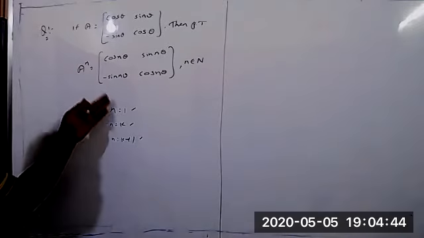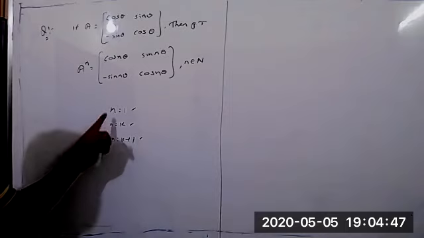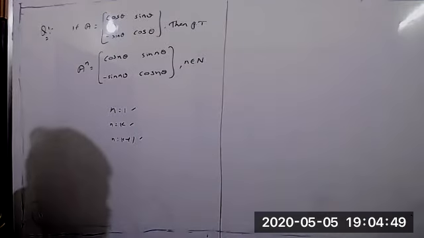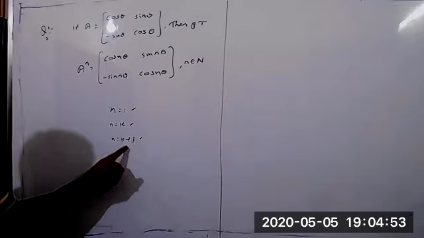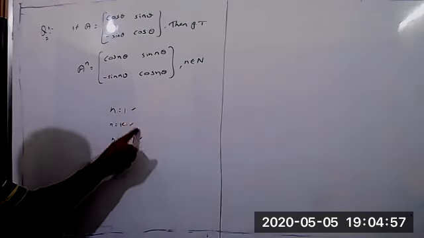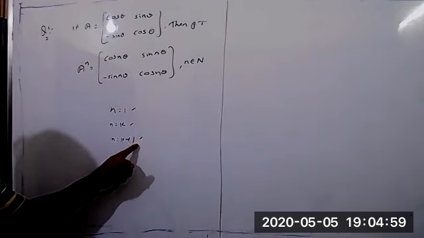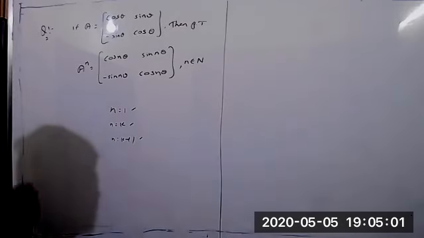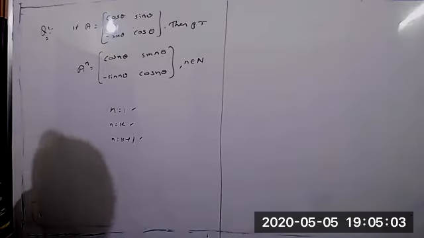Sir, n equal to what, sir? What's the third one? First, n equal to 1 we have to prove. n equal to k we have to take. Then n equal to k plus 1. These three conditions we have to prove. Understood now? This is mathematical induction. Already last year you learned that very clearly.